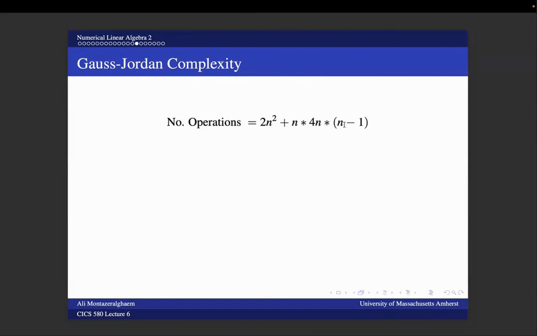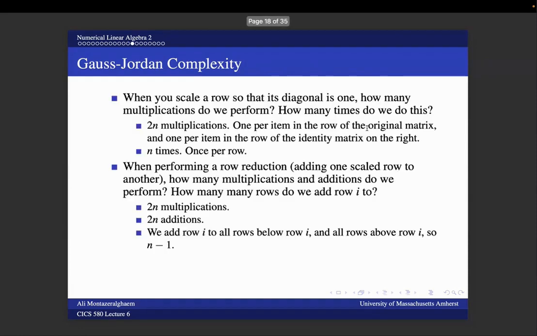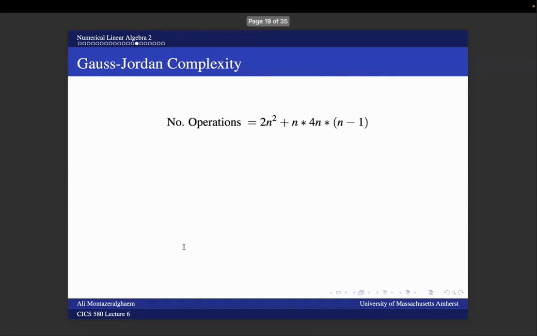And then we have another operation for all rows below the corresponding row, and all rows above this row. So it means that we have n minus 1 also here. So we just need to multiply these numbers by each other,